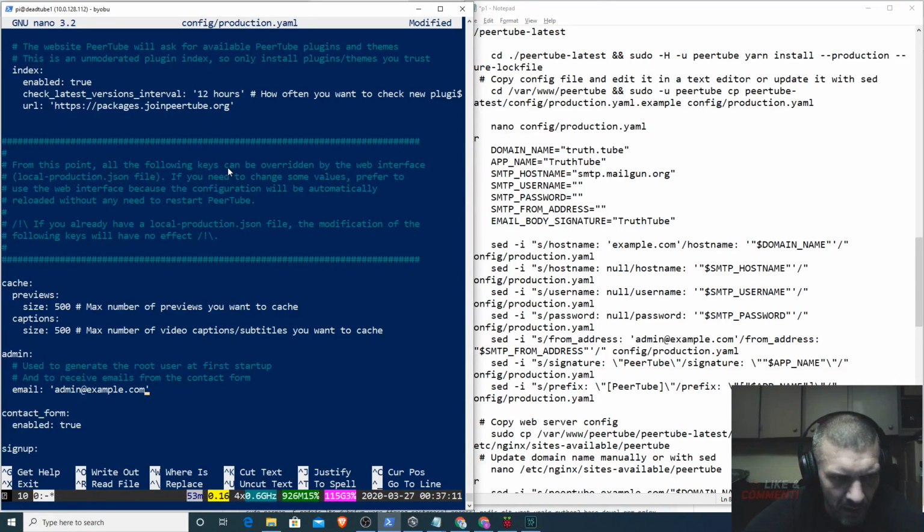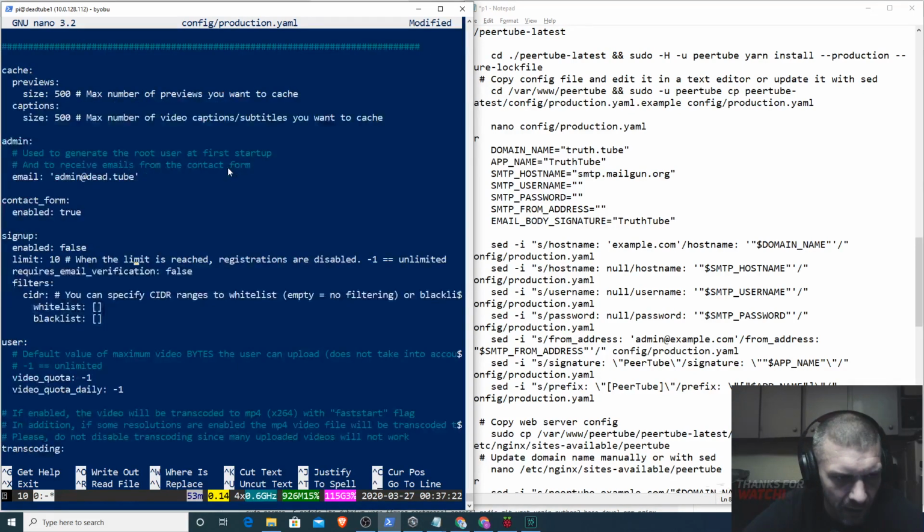And this email, we'll just change the domain on that, admin@deadtube. And I'll configure the SMTP settings and stuff later, but for the basics, right now we don't need all of that stuff. And so we'll make sure to disable the contact form, because since we don't have the SMTP settings enabled, the contact form will not work, and also requires email verification. We'll need to leave it as false,